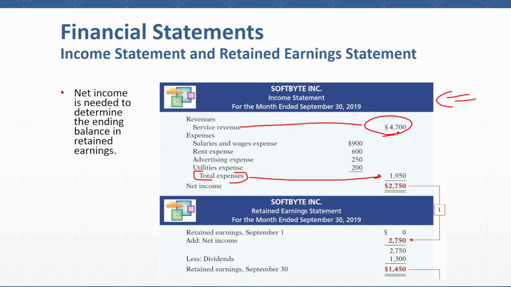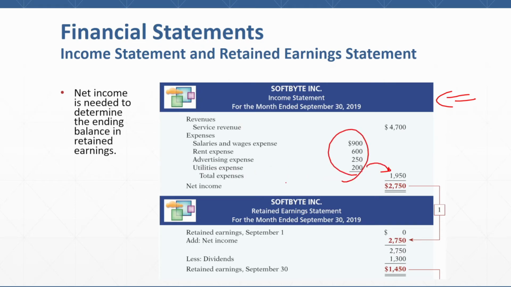Why are there 2 columns? The second column usually is the aggregated number. As you can see here, the summation of these numbers equals 1950. So if an item like expenses has components, those components will be reported in the first column, and then their summation will go to the second column. Service revenue has no component, so it directly jumps into the second column. That is how we report in our financial statements.